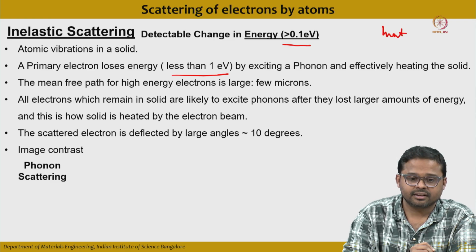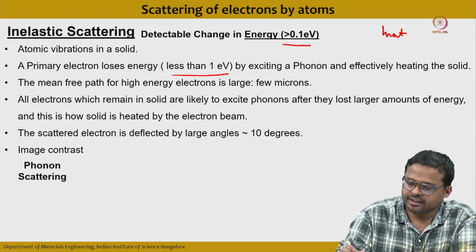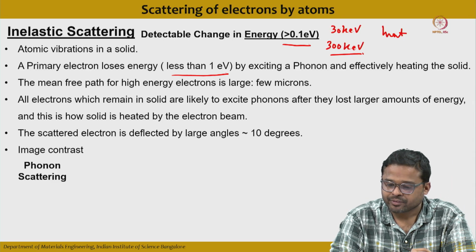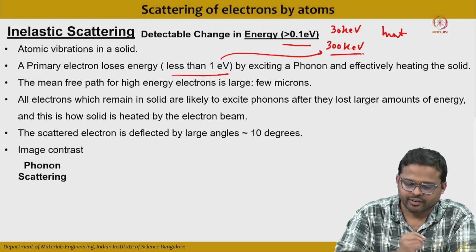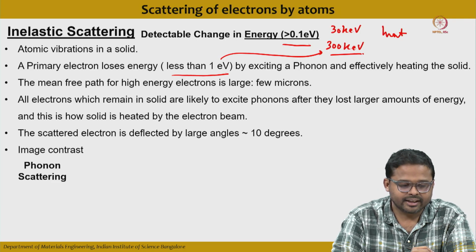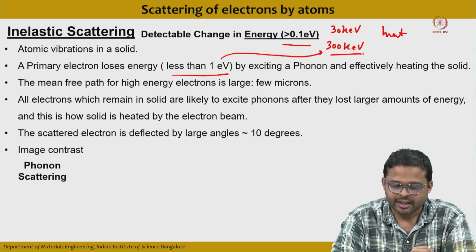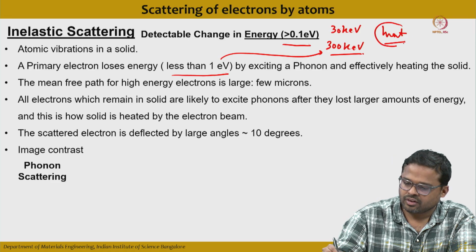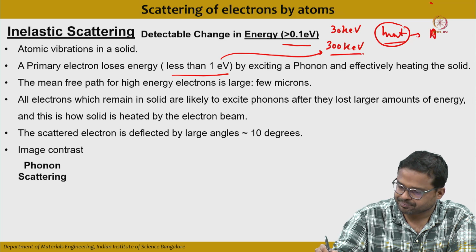Remember, in SEM we are dealing with 30 kilo electron volt, and in TEM we are dealing with up to 300 kilo electron volt, 300 kV. So, you can see the figure here. If less than 1 electron volt is lost, that corresponds to the atomic vibrations related to phonon scattering, and the lost energy, less than 1 electron volt, contributes to the heat or the atomic vibrations